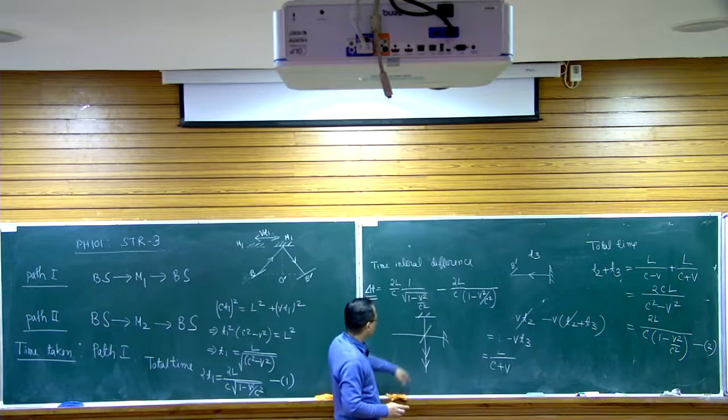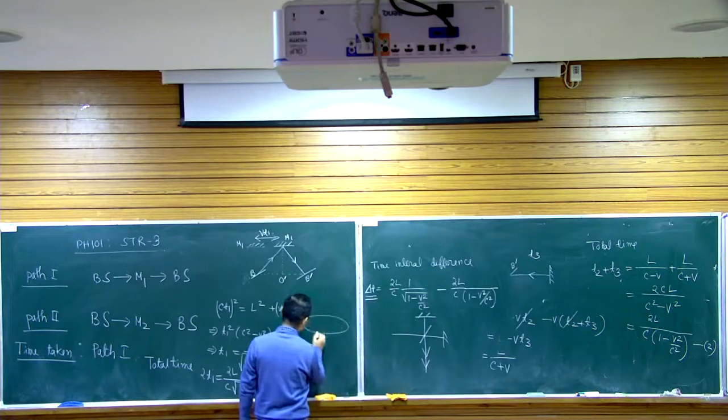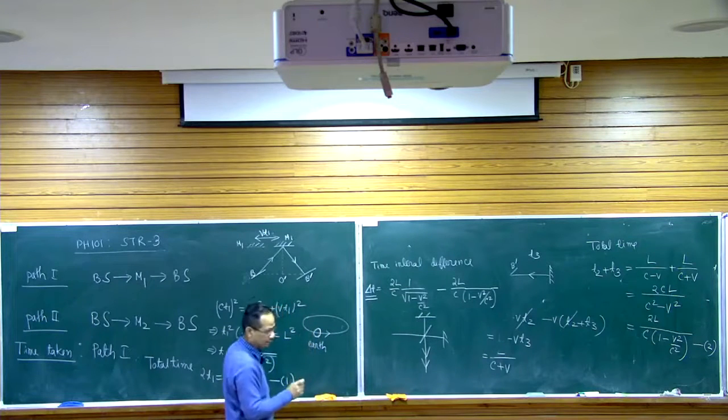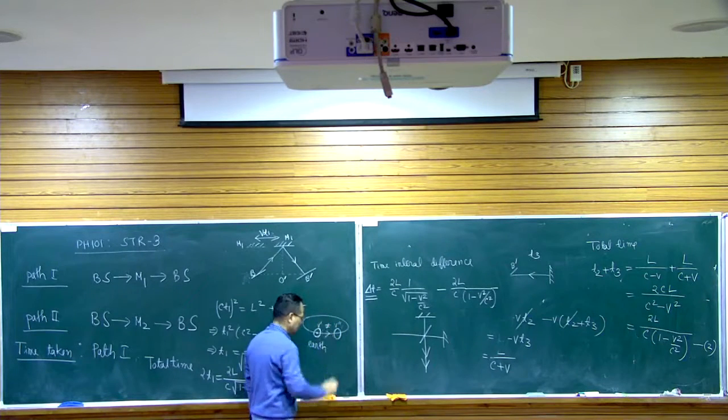Now let's consider the orbital speed of Earth as it is rotating. Let's say this is Earth. As it is rotating, at different times of the year the speed of Earth is actually different. So let's say at one point of the year, Earth is here. At another point of the year, Earth is here. And these two will have two different values of the velocity.